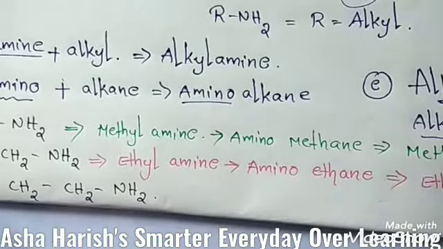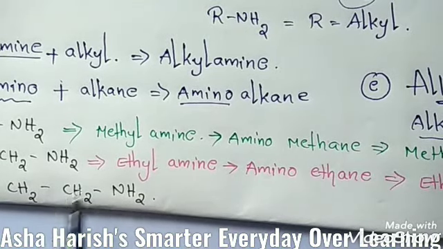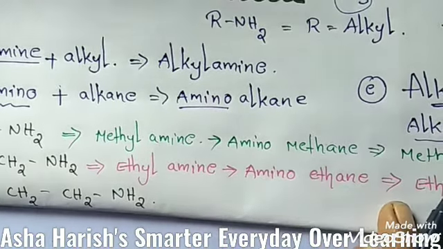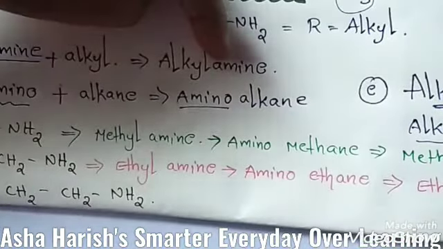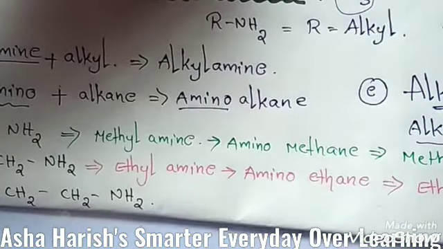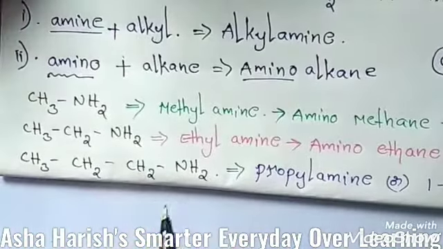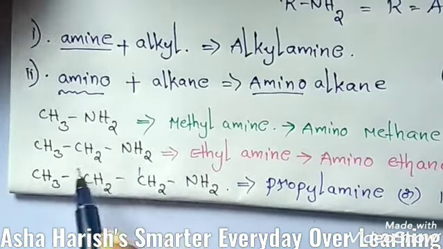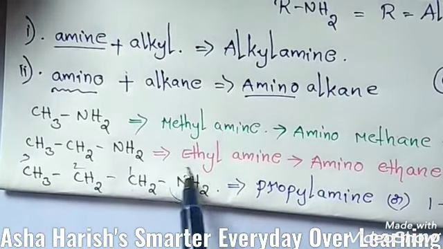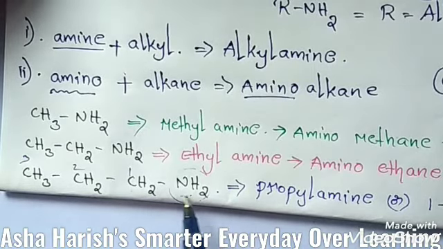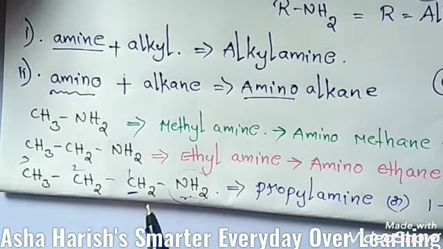Right. The next one is CH3CH2CH2NH2. Here 3 carbons are present, students, with the amino group. And for this the root word is prop. Then we can write the common name and IUPAC names. Propylamine. Or if you give the numbering to these carbons, you should give 1, 2, 3 like this. Why? Because here this is the functional group. You should give the first priority to this functional group. Then we should give this carbon the least number.